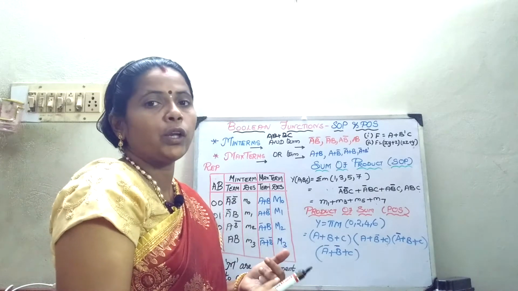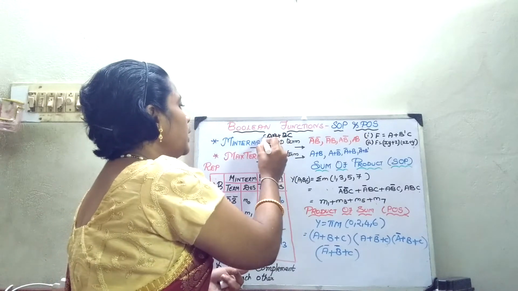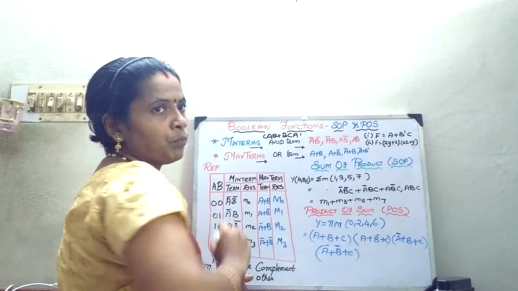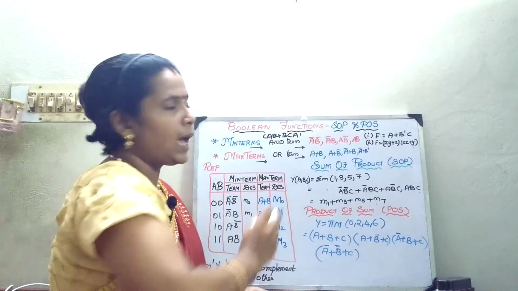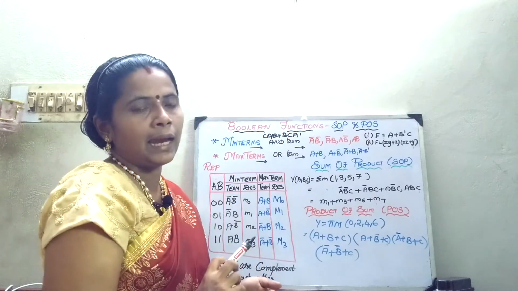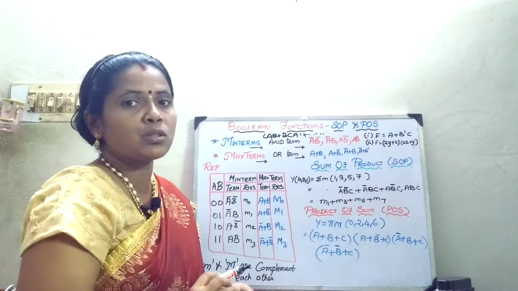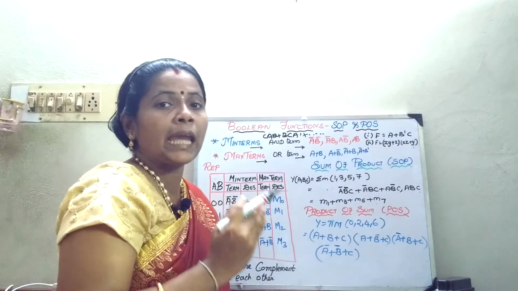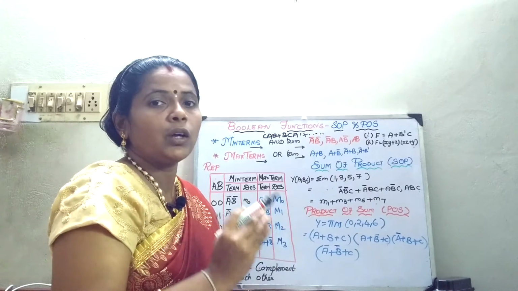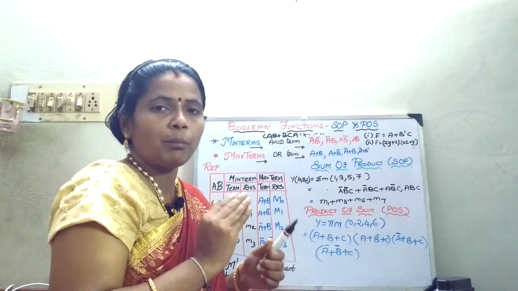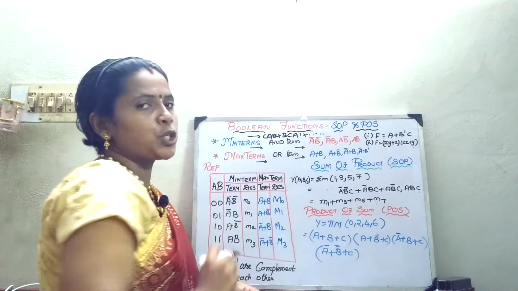Suppose I go in for a 3 input gate or a 4 input gate, let us say ABC and A bar BC. In this case, when I use A bar, I should use a NOT gate, and I should go in for a 3 input AND gate. Like this, if my expressions keep increasing, accordingly the number of gates also will increase. So you have to make your device compact, but it should work in the same way as the expression requires.